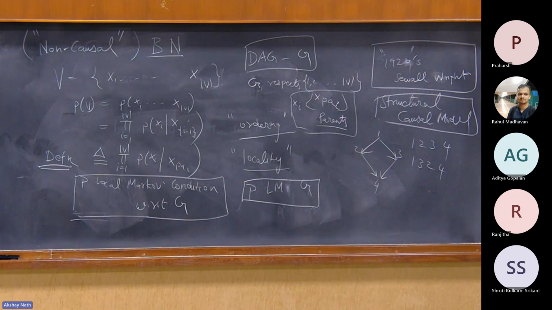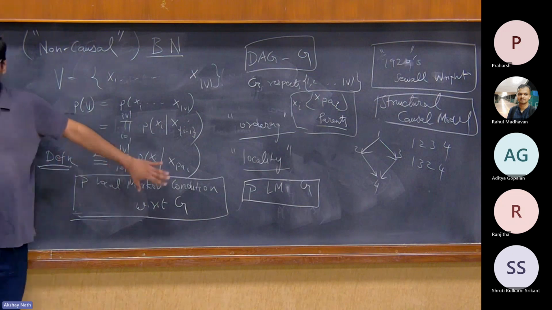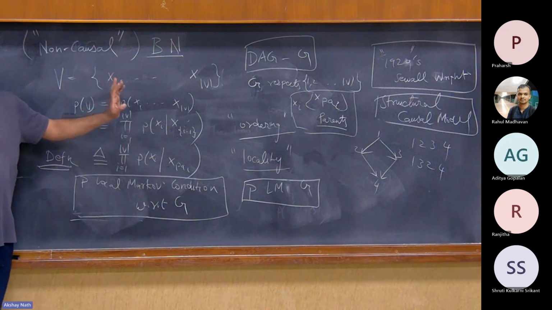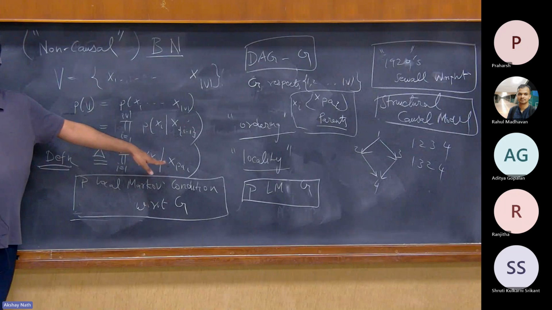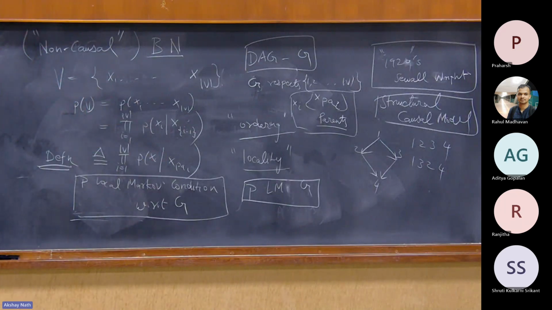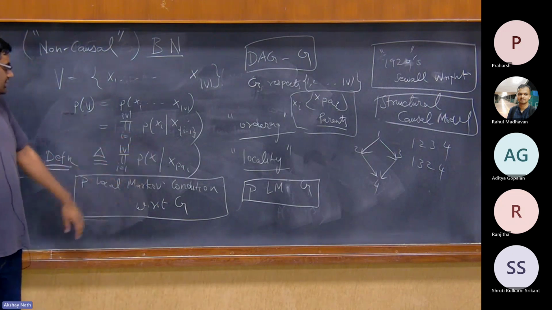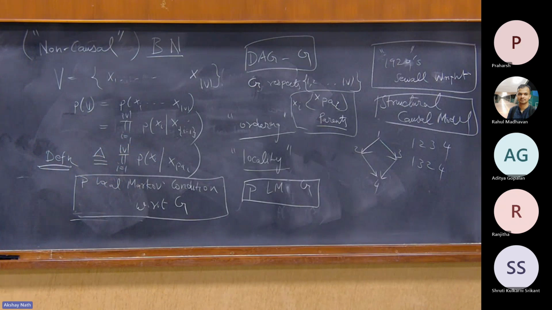So this is the example graph: 1, 2, 3, 4. The example is that x2 is conditionally independent of x3 given x1. It's an example of this set of rules, right? It's very easy to verify because of the conditional ordering. Just marginalize with respect to everything else. Only this conditional distribution remains. Whether you have other descendants or not, you can always marginalize over them. You can verify this; it's not very difficult. But the key point is that the moment you assume factorization, it immediately implies the local Markov condition.